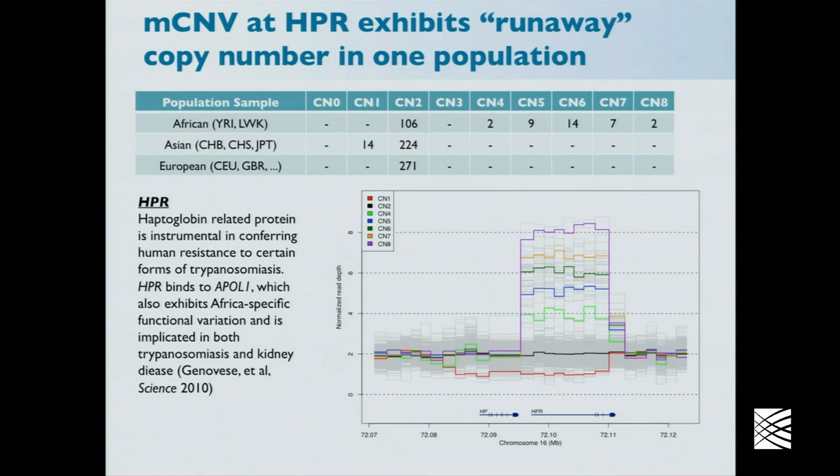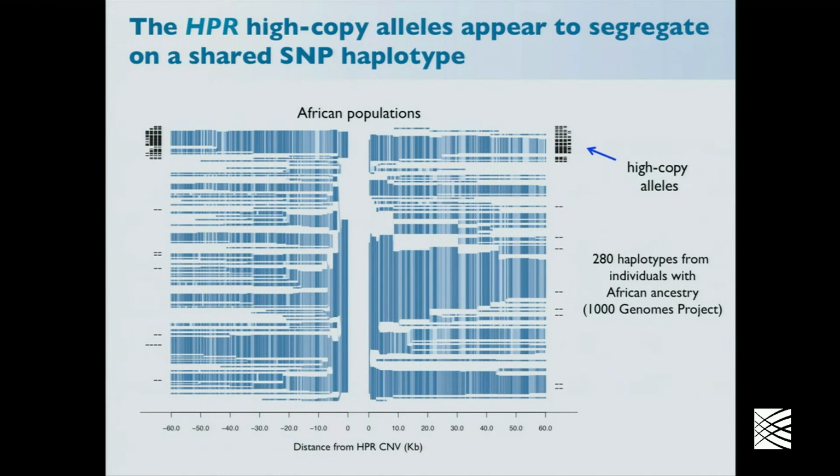But if you have that multi-allelic locus over here on the right, if you're not a 2, you're most likely to be a 6. And that seems to be an African-specific CNV. So what happens when you try to impute this? Well, the deletion imputes fairly well, but that multi-allelic CNV